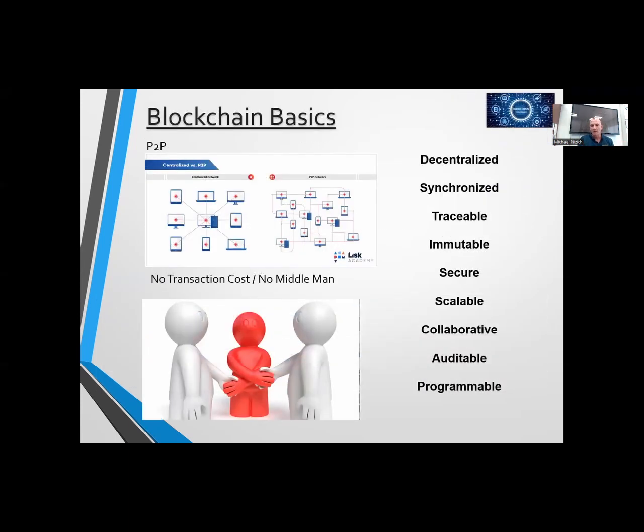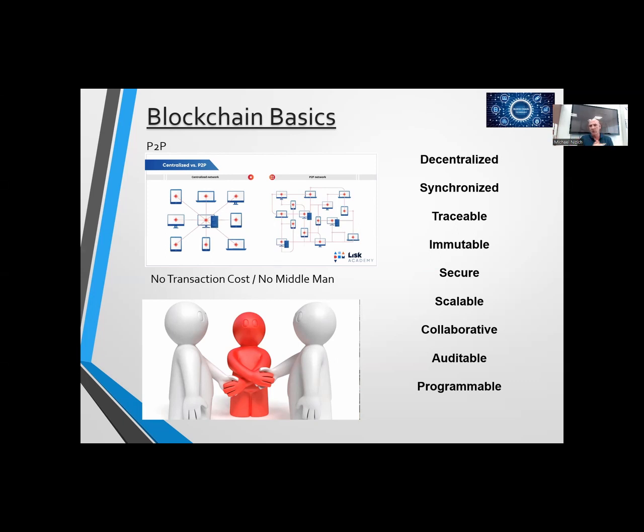That's the point. One of the things that, from an attributes perspective, you want to make sure you're aware of with blockchain is that it's decentralized, right? It's not stored like a SQL database on one server with perimeter security, so that once somebody gets it, that's really it. It's synchronized, where all the nodes themselves are. Once a block is added, it's now replicated and synchronized throughout the chain. It's traceable. You can actually see who solved the mathematical problem, which miner did that, who added it, when it was added, when it was replicated, right? You can trace it back if there is some sort of an issue.